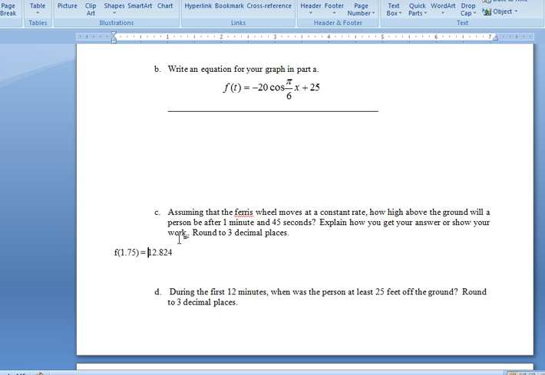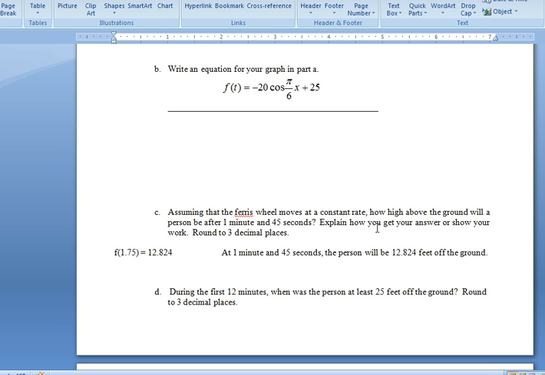But we talked about before how you needed to write that in a sentence. So before, the sentence could go something like, at 1 minute and 45 seconds, the person will be 12.824 feet off the ground. So make sure that you have your x variable with units, your y variable with units, and you answer the